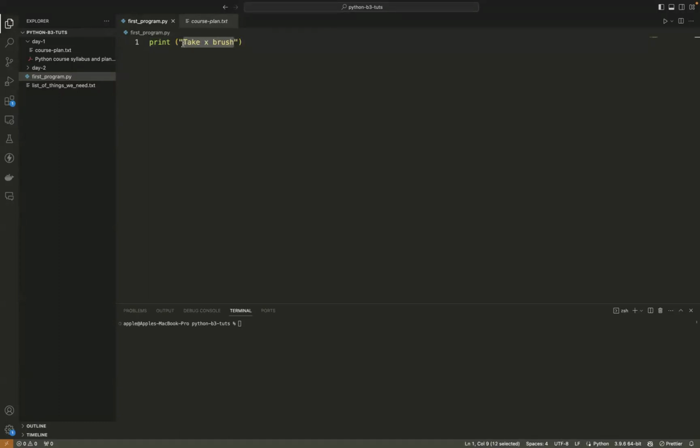Let's take another example, if you feel bored with this brushing example. I'll take an airport scenario, or a train station scenario.